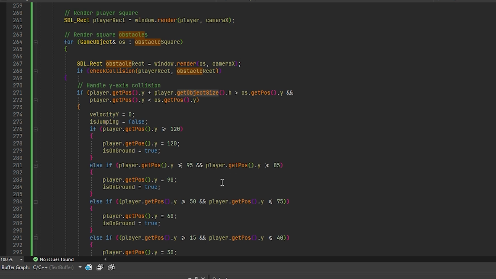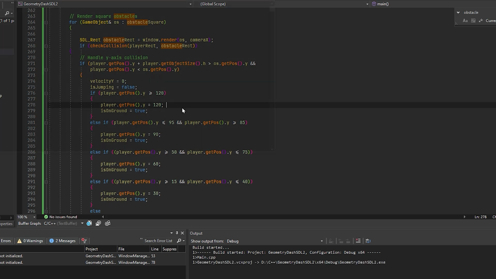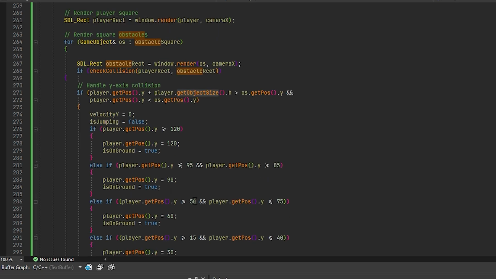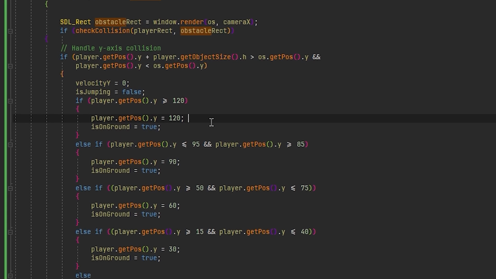Please keep that in mind. So if the y-axis is equal to 120 or below, it will automatically set it to 120 to prevent the player from falling from the level, and then I hard-coded the rest. For example, when the player is on an obstacle, his Y position will change depending on the height of that